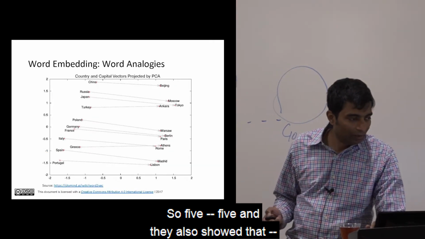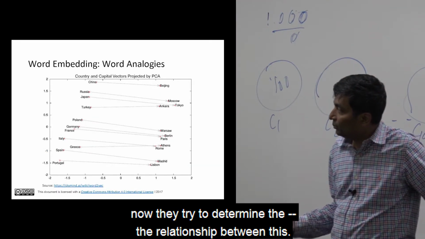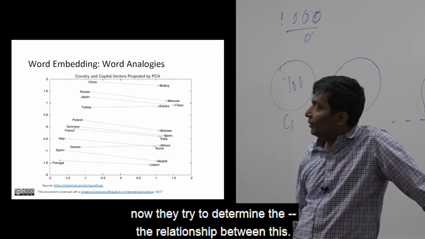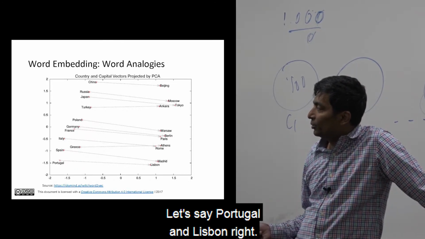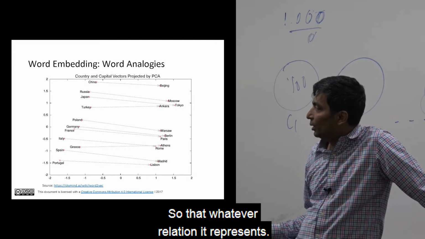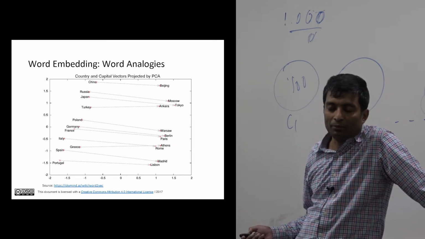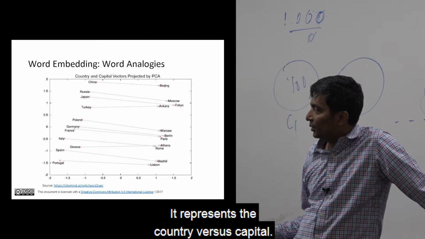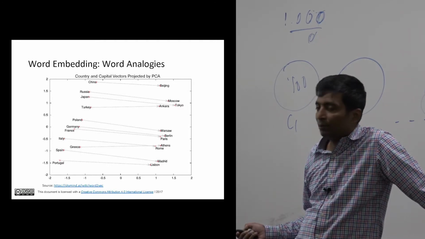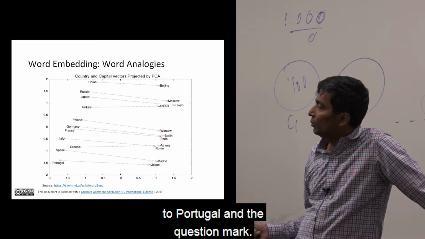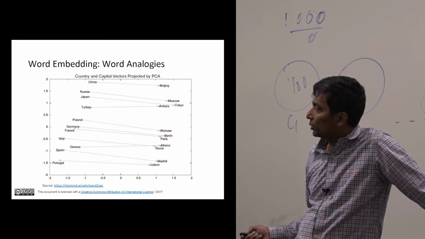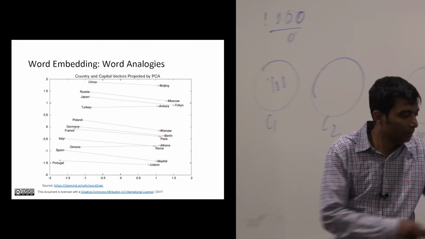So they also showed that now they try to determine the relationship between, let's say, Portugal and Lisbon, right? Whatever relation it represents, country versus capital. So here they try to put, let's say, China, Beijing equal to Portugal and the question mark. So if you do this,